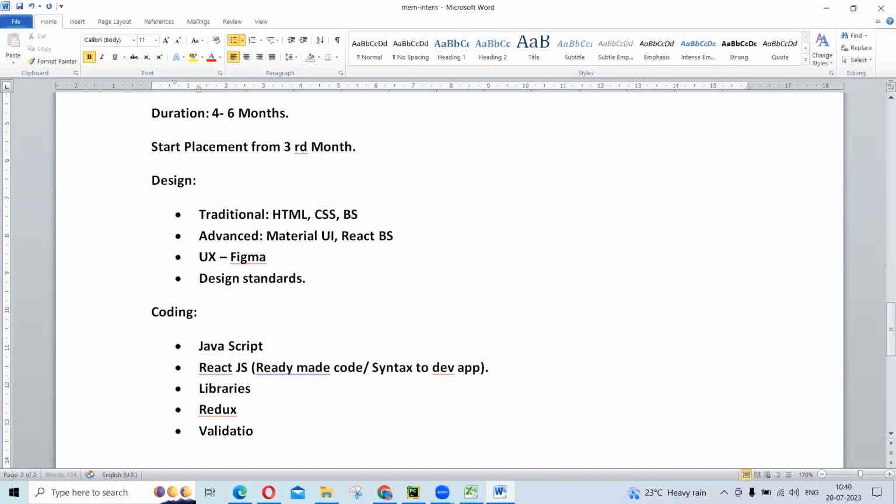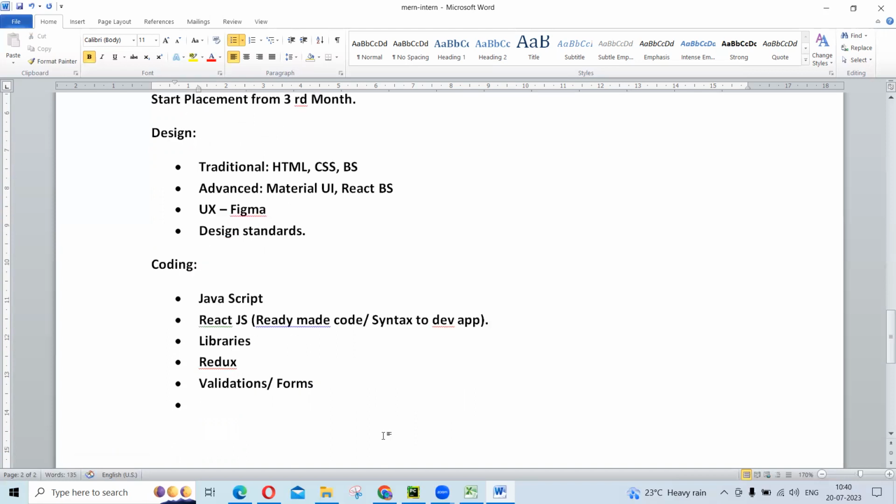Next, some validations. Then you are going to learn about forms, all these things. Next, dashboards. Next, grids, menus, hooks. A lot of things you are going to learn here. This is one shade of React.js. Along with this one, you are going to learn about